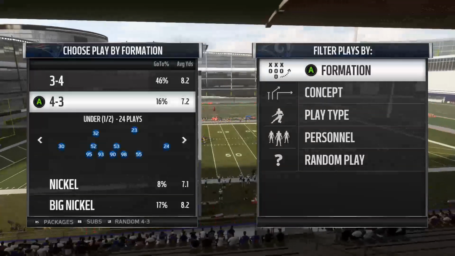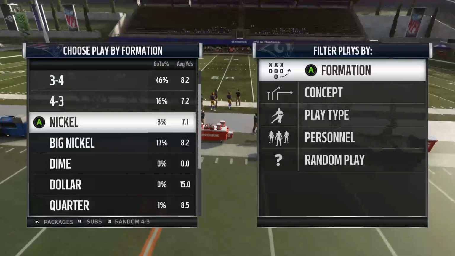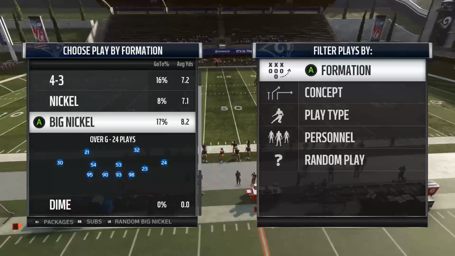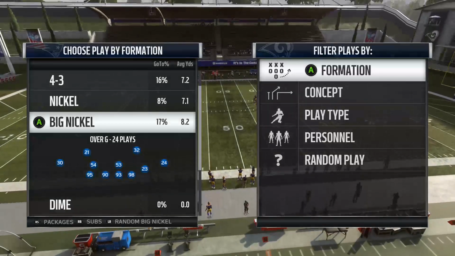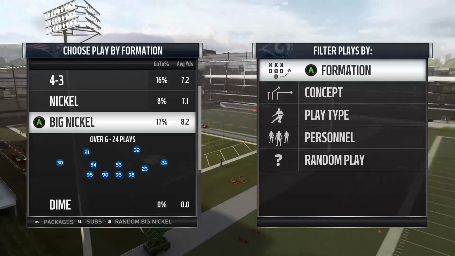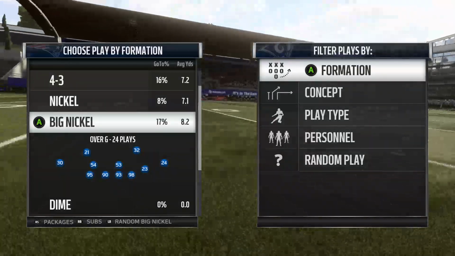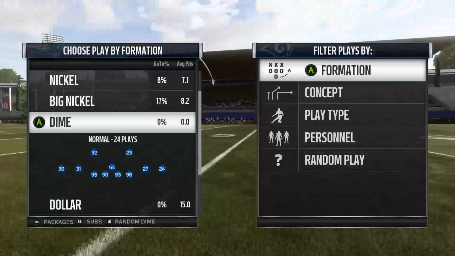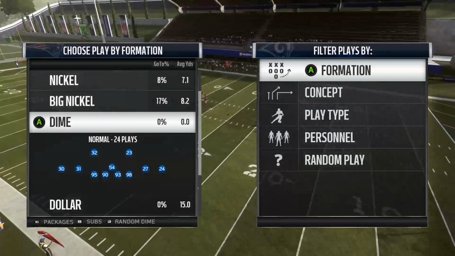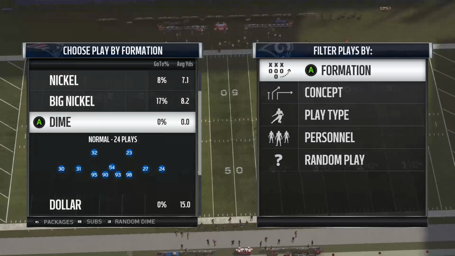But yeah, the 3-4 under and the 4-3 under, I would recommend you use it if you see a 2 wide receiver set. Nickel normal, big nickel over G, if they're in a 3 wide receiver set. If they have a 4 wide receiver set, then you can go ahead and use the big nickel over G. Just make sure you have the right personnel on the field, the right amount of speed on the field. The dime normal is pretty much just something that I would use on 3rd down to confuse my opponent. Especially if they're coming in a 4 wide receiver set, this would be the best one that you can use